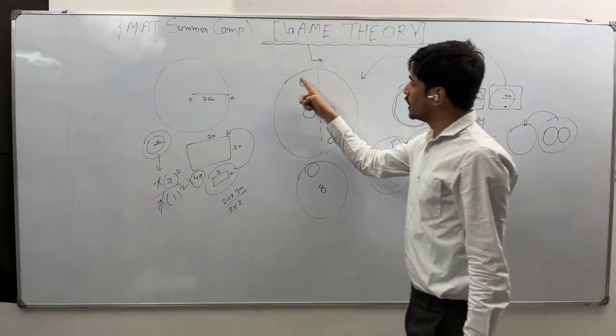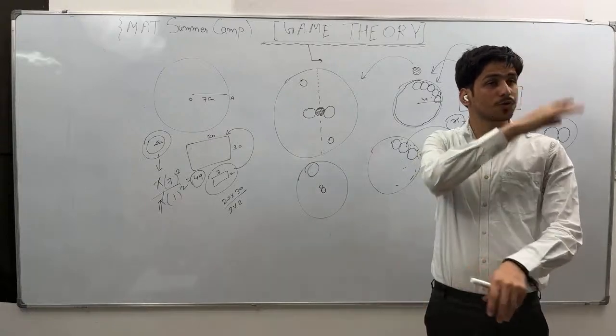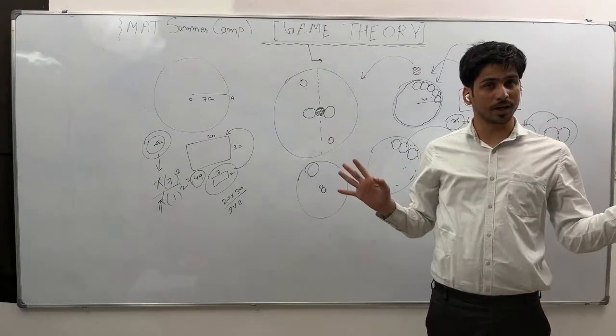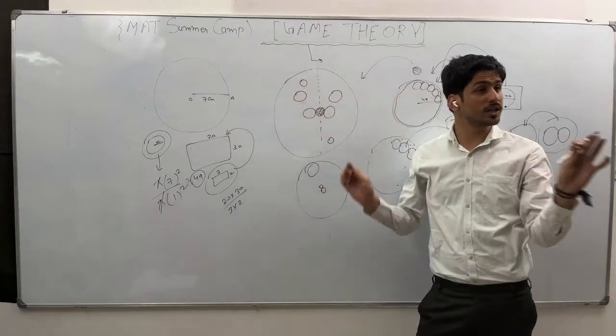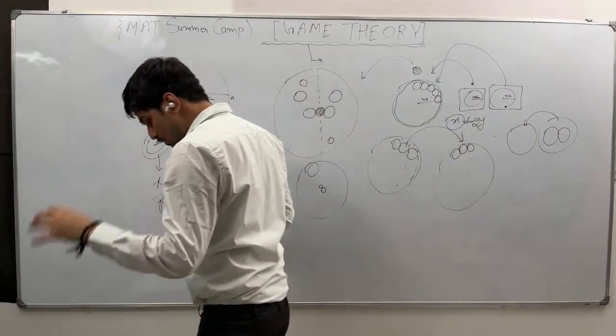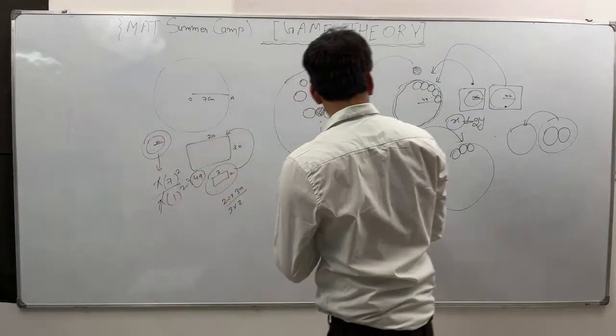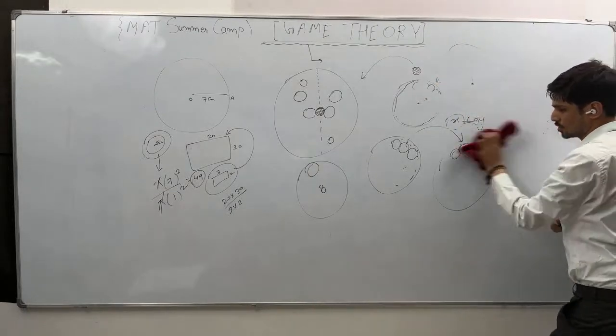So what happens in the case of a circle, you always put the coin in the center. After that the situation will always become symmetric. Wherever B puts a coin, correspondingly the opposite side will find a space to put the coin. Is it clear? So now let me ask a question. This is just the basic problem.